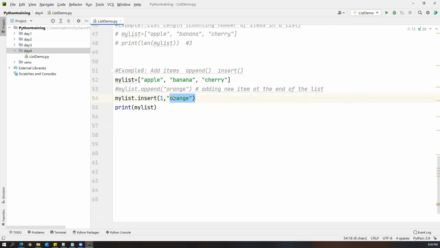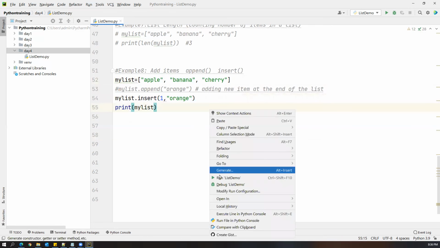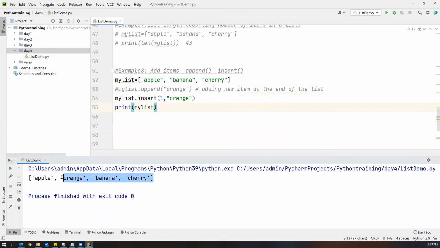After adding the orange, it should be in the second position. Totally, how many items will we be expecting here? 4 elements should be there. So these are the 4 elements we will have. 4 elements which will be entered. So that means insert function